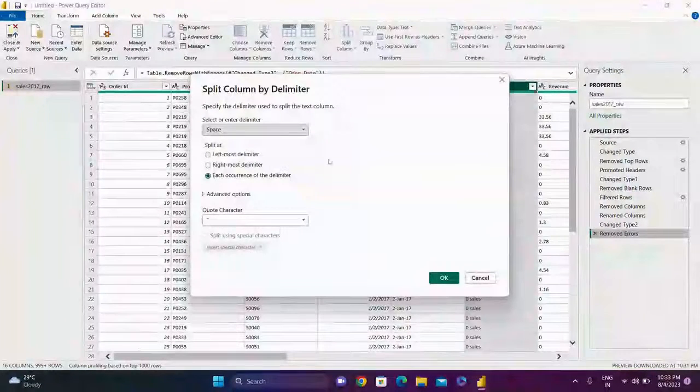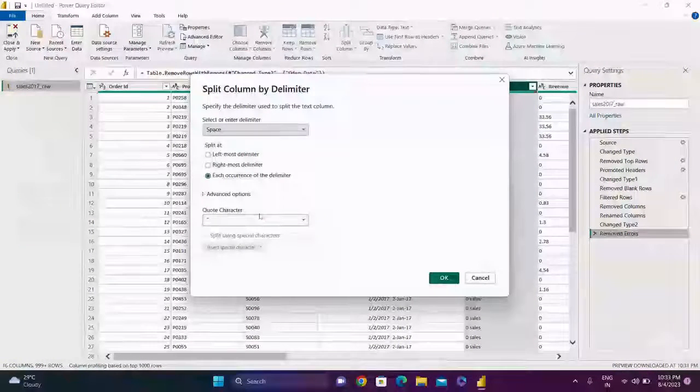And yes, in my case, I am actually looking for this only. Whereas we have other options too, like leftmost delimiter, rightmost delimiter. But since I am looking for this one only, I won't be making any changes to it. I don't want to make any other changes. So it is like quoting the character which I want to separate. So I will click on OK without making any further changes.